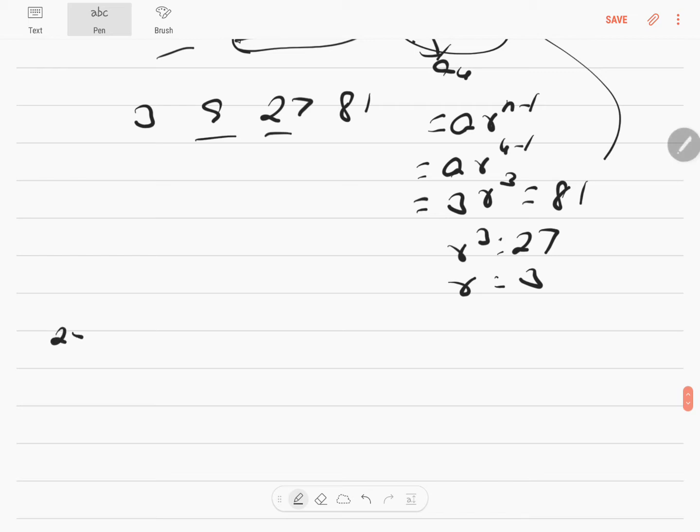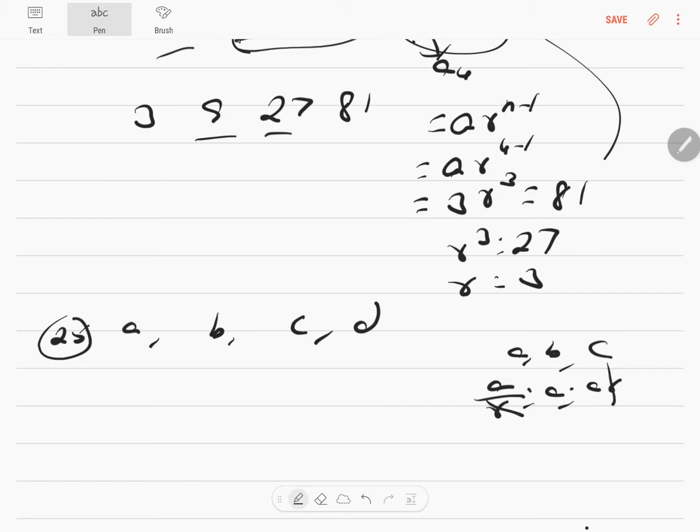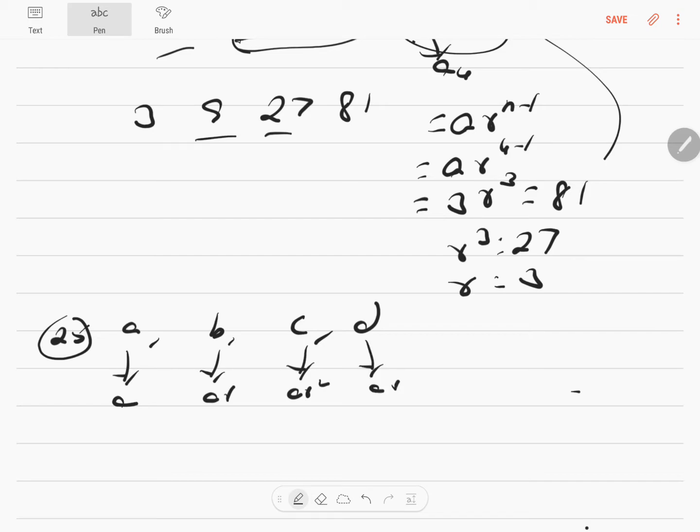So let's go to the 25th sum. If A, B, C, D form a GP, when it is only A, B and C, I might sometimes assume A by R, A, AR. Because if a product is given, R and R will get cancelled, so A cube is equal to the product given. Like in 10th standard, for 3 terms of a GP you take A minus D, A, A plus D, and when you add, D and D get cancelled, you'll get 3A is equal to some number. Remember? But I can't do this because there are 4 terms in this. So I have to assume this is A, this is AR, this is AR square, this is AR cube.